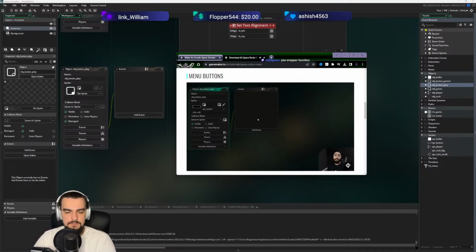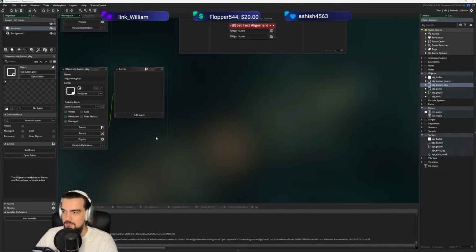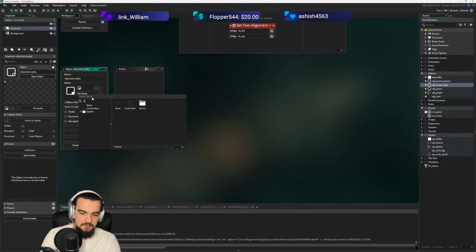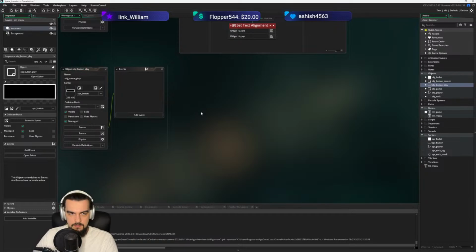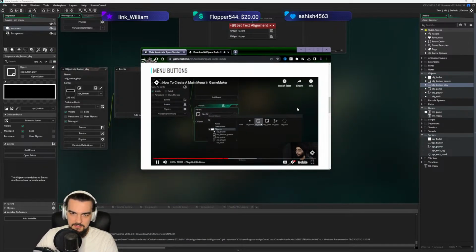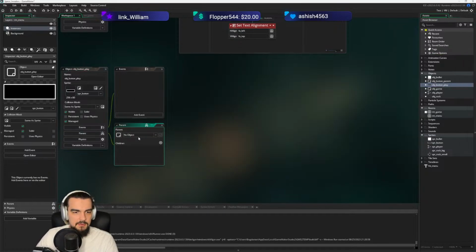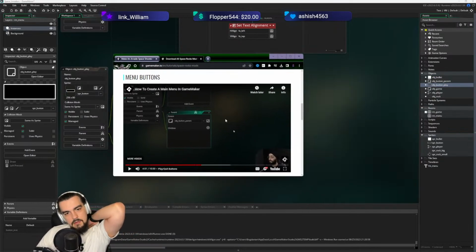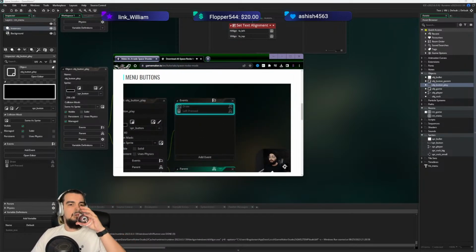Assign the button sprite to it. Now this should be a child of the button parent. So I'll open the parent window and click here. Set the parent to obj button. Okay, parent. With that said, in the events list I can see the events that I made in the parent,